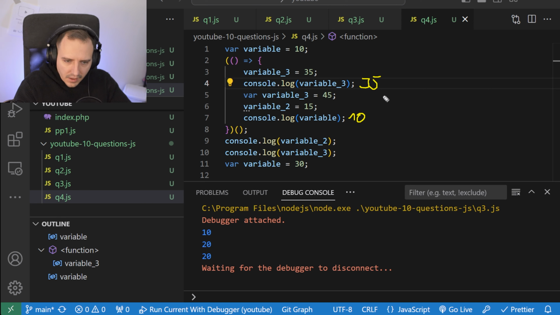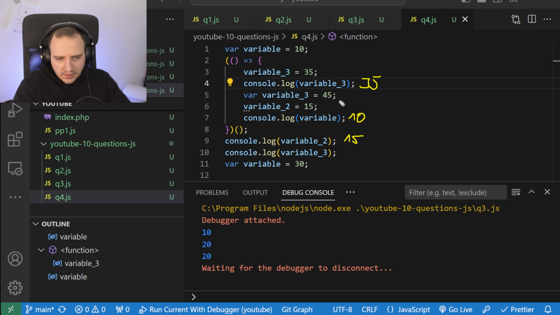Okay, and now we go out of the function. So variable 2 here was set to 15. So there's no other mention. So this must be 15. There's nothing else to it. And then here comes the problem: what's the value of variable 3? Because here we did variable 3, set it to 45.